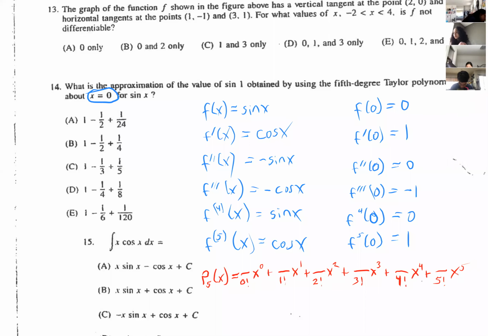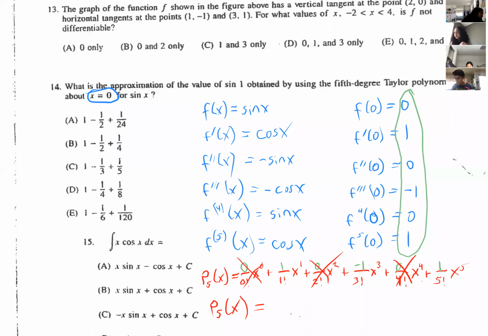Okay, now I'm using all of these numbers here: 0, 1, 0, -1, 0, and 1. So anytime the numerator is 0, it's just going to cancel out the term. So this term goes away, this term goes away, and this term goes away. So what I have left is my fifth order polynomial